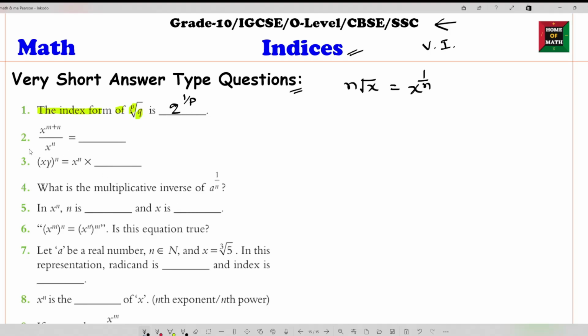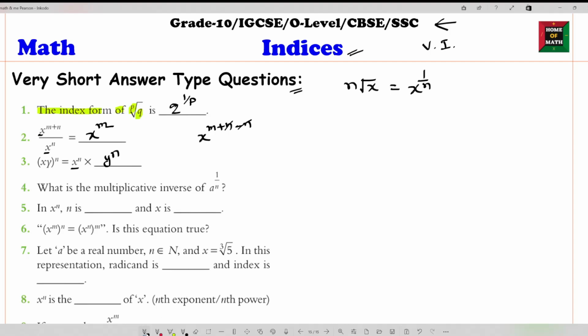Okay. Second question: x to the power m plus n divided by x to the power n. Here the bases are the same. In division the powers are subtracted, so m plus n minus n, the n cancels out. Our answer is x to the power m. Next, for xy to the power n, it is x to the power n times y